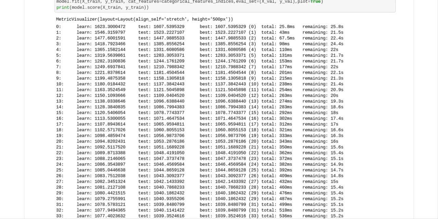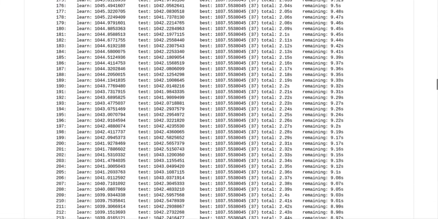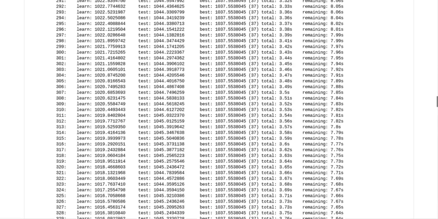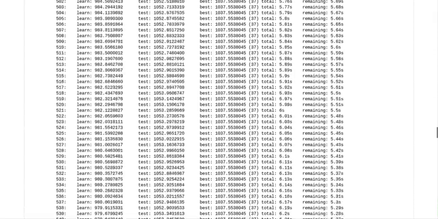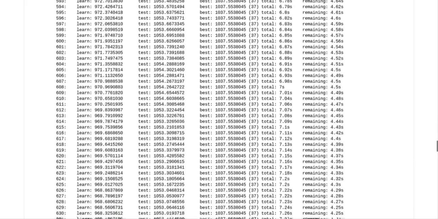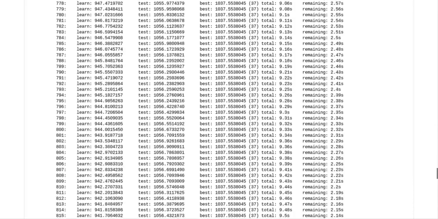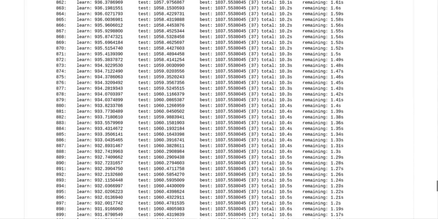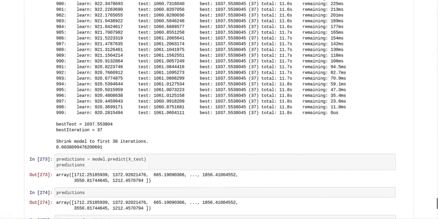So it goes through all of these iterations. It goes through 1,000 iterations. And when we did our 1,000 iterations, we got an accuracy of